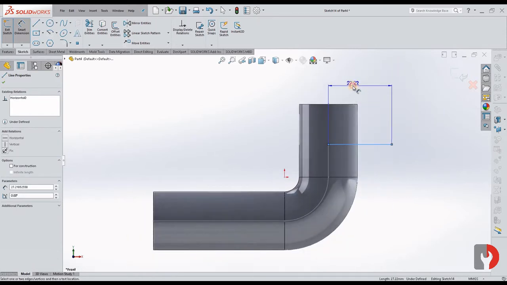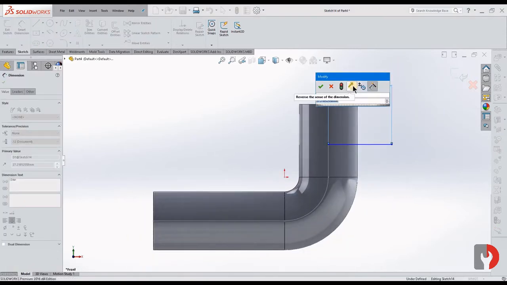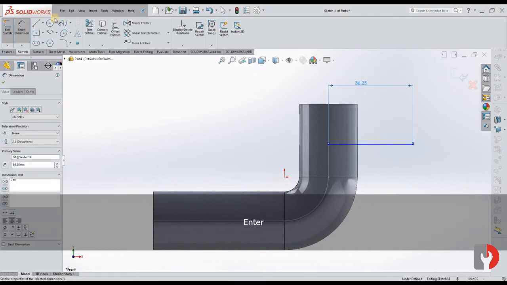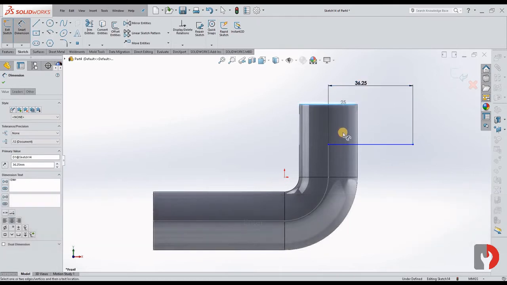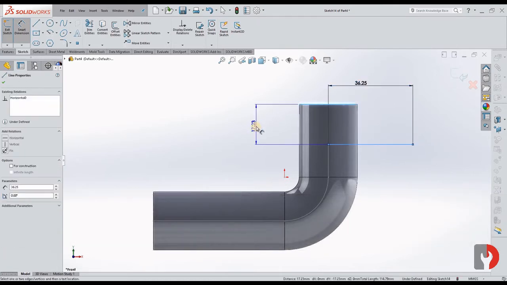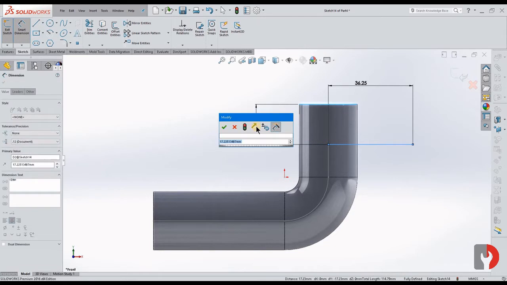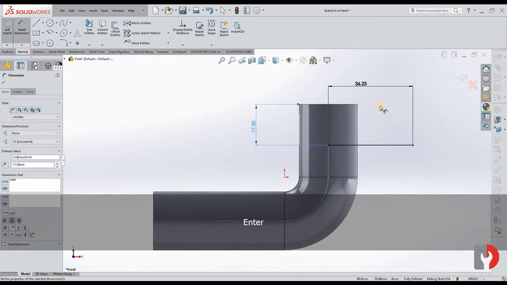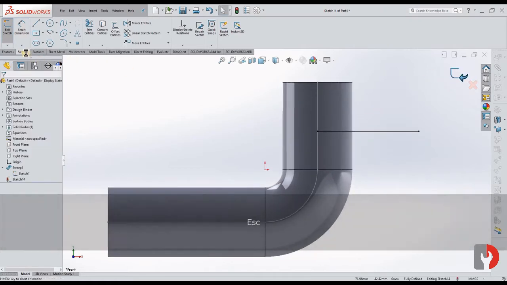Total length is 36.25. Okay, and from the top to the line it's 17.5. Okay, it's it.